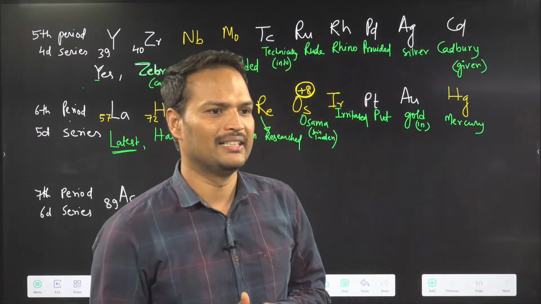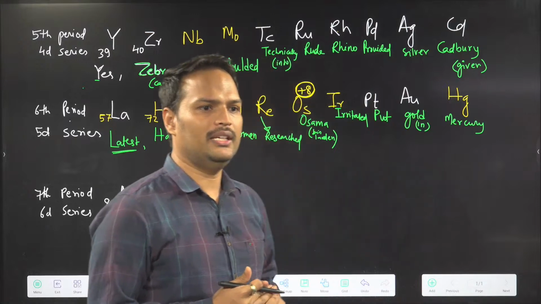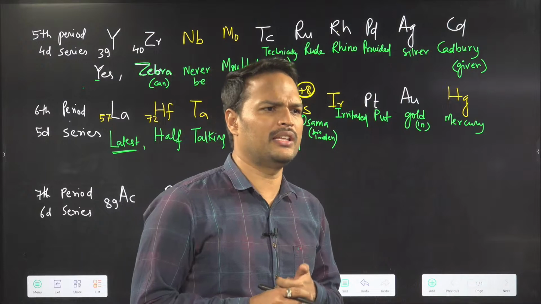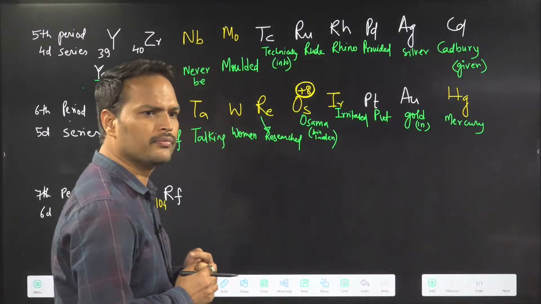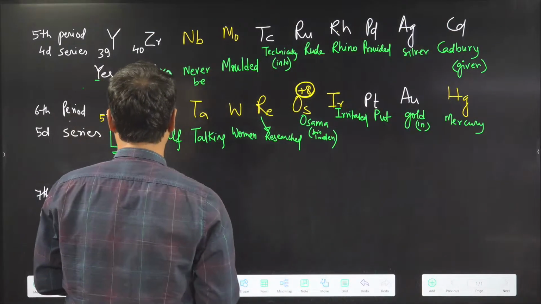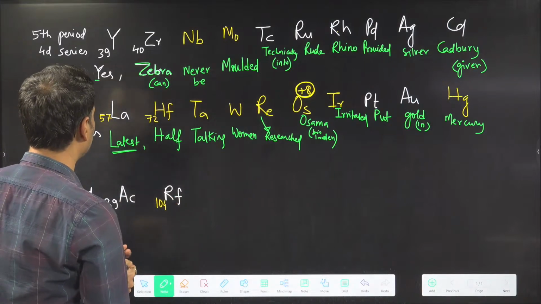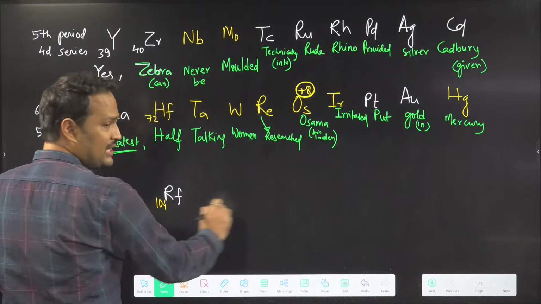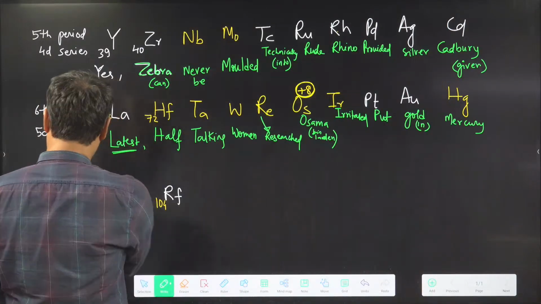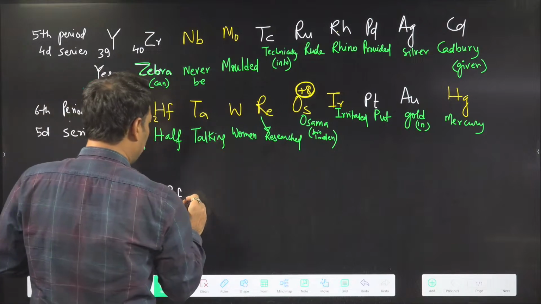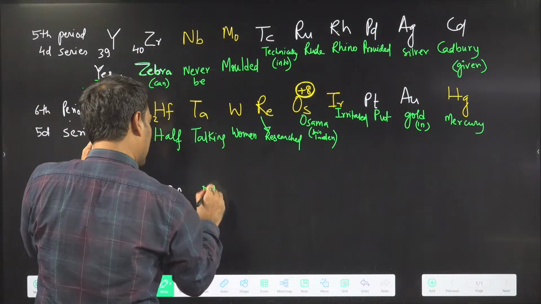Darshini is writing zirconium. Zirconium. Okay, correct. Okay? E, array, Europium, Einstein. Many things are there from E. Okay? So, actinium and Rf. Now, can you complete this one? Can you help me in completing this 6d series, 7th period? Help me in completing this. Rf. What is after Rf?